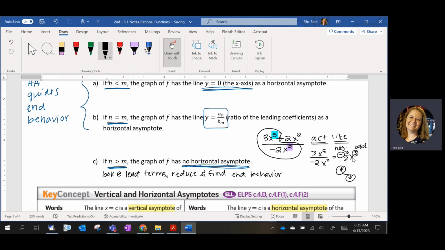We reduced it, and it's a polynomial. And we know how to do polynomial leading term tests, right? We feel okay about end behavior based on horizontal asymptote? Okay. All right, so then